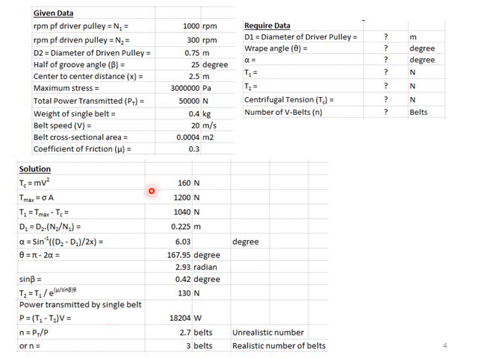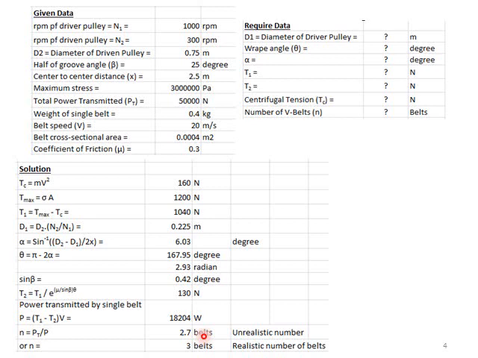By dividing this total power, which is 50 kilowatts or 50,000, by this 18204, what will we get? 2.7. But this 2.7 is an unrealistic number, because